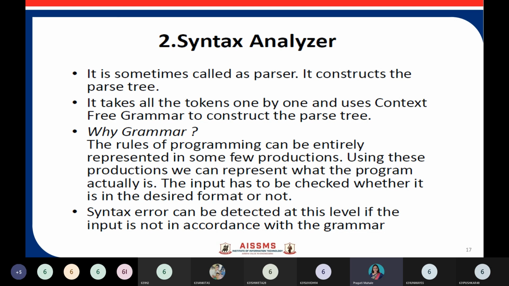And it is also making use of the output from the lexical analysis that it receives. So syntax analysis is done with the help of a technique which uses the formal programming language grammar. Now here you can see this term grammar. So again, TOC comes into the picture. This is the prerequisite. We have seen that lexical analysis is designed using DFA. Here, in the syntax analysis phase, grammar comes into the picture. It uses the context free grammar to construct the parse tree out of the tokens, right?